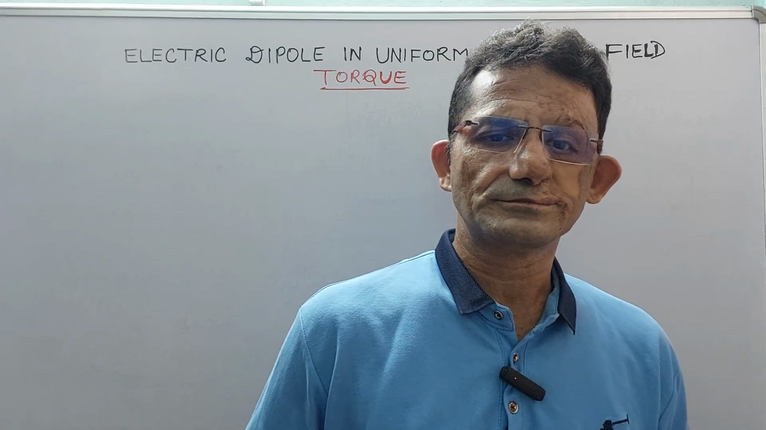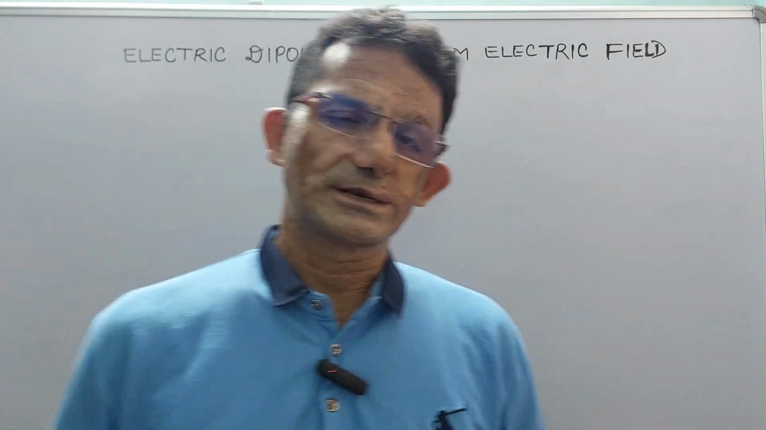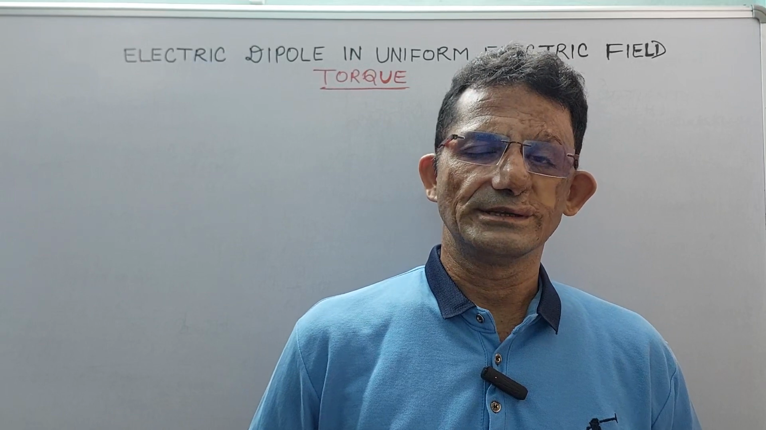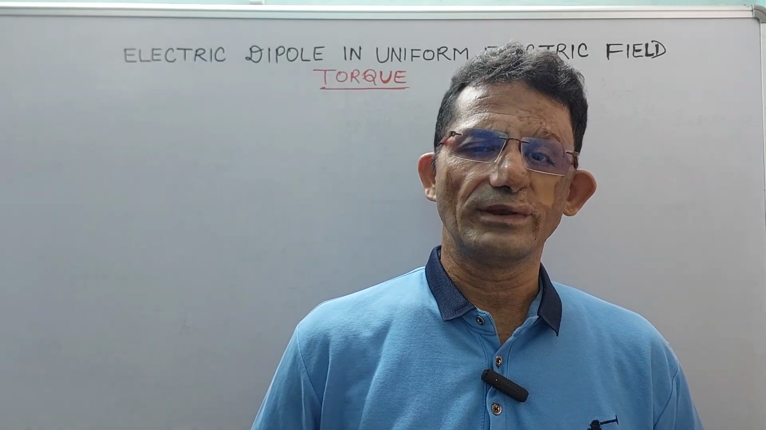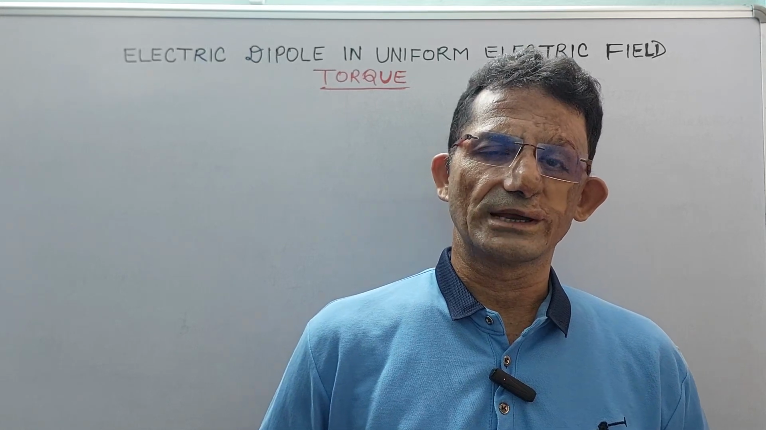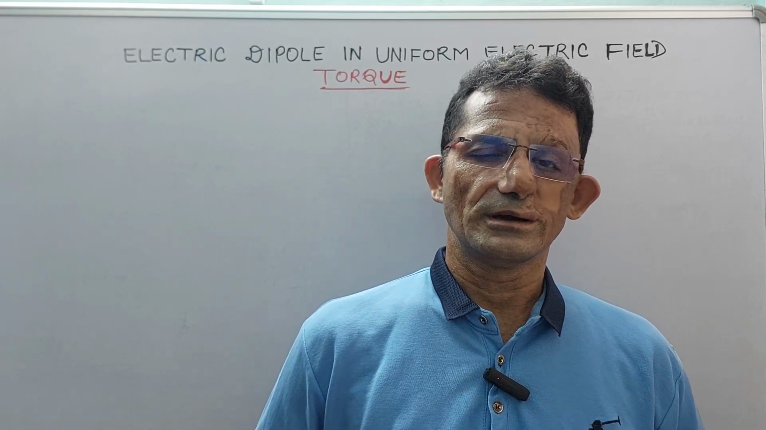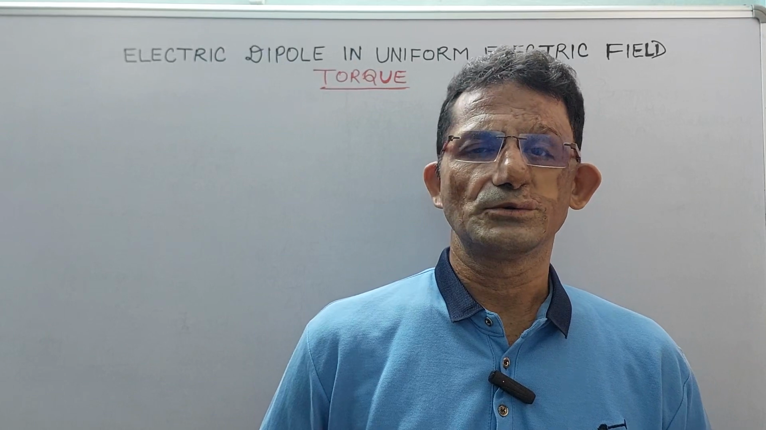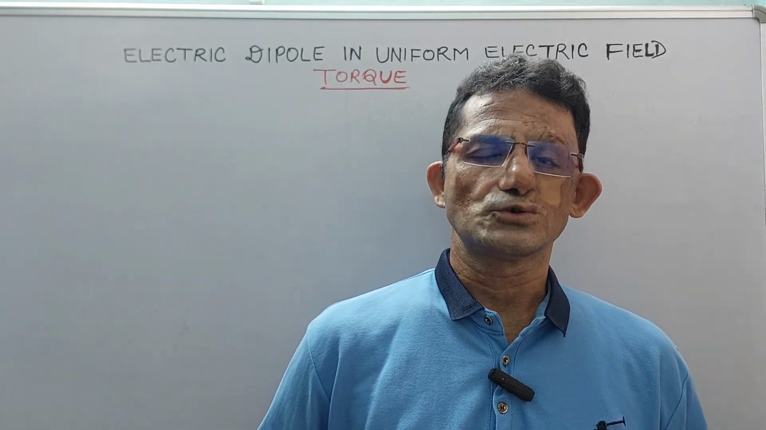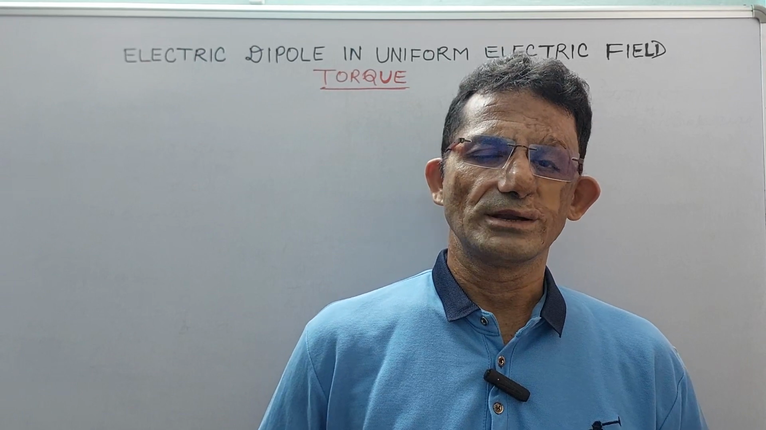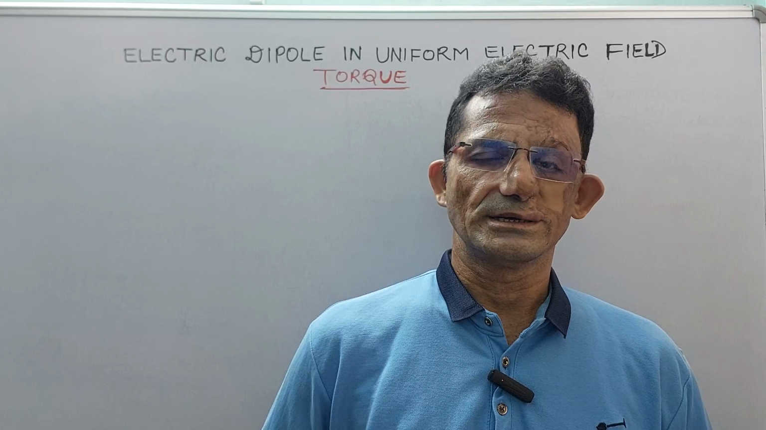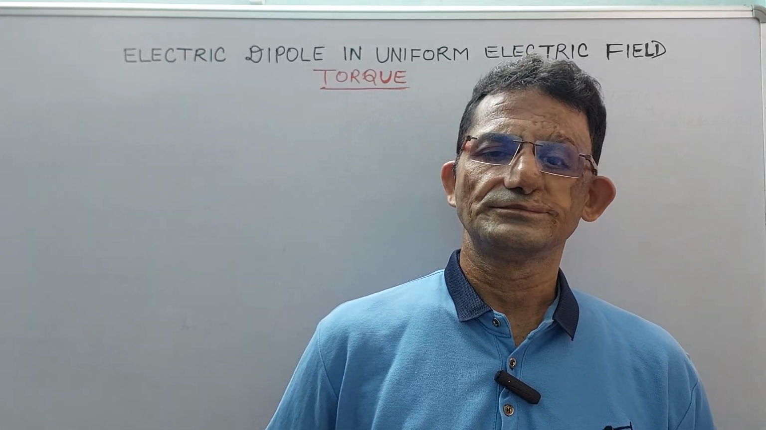Hello everyone. Today we will discuss an electric dipole when placed in a uniform electric field. When we put an electric dipole in a uniform electric field, there would be forces on the two charges, minus q and plus q, and there will also be a torque. So we have to find out what the torque will be and what the net force on the